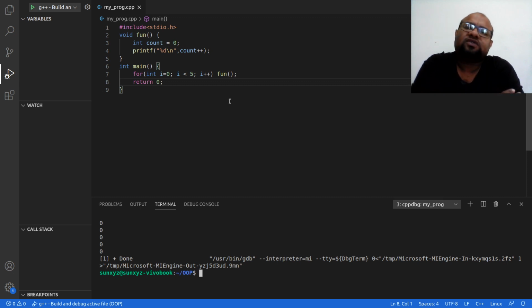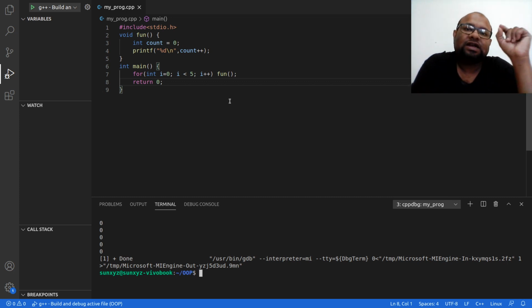When I call the fun function the first time, I will allocate memory for my count in my stack that would have this value 0. I will print this 0. I will increment it to 1. But then after incrementing it to 1, I will deallocate this memory and return back to my main function. Then I will call this fun function again. Once again I am going to allocate memory for this count. Once again I am going to initialize it to 0. So this old value that was there, what did I do last time?